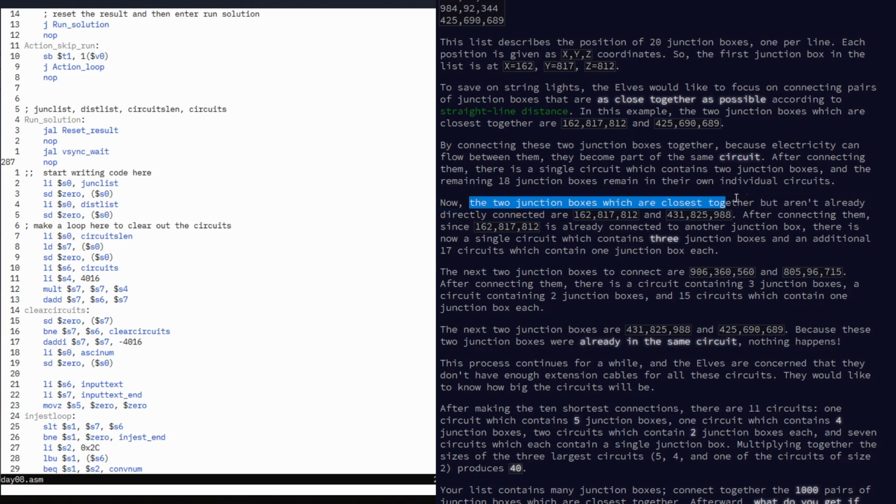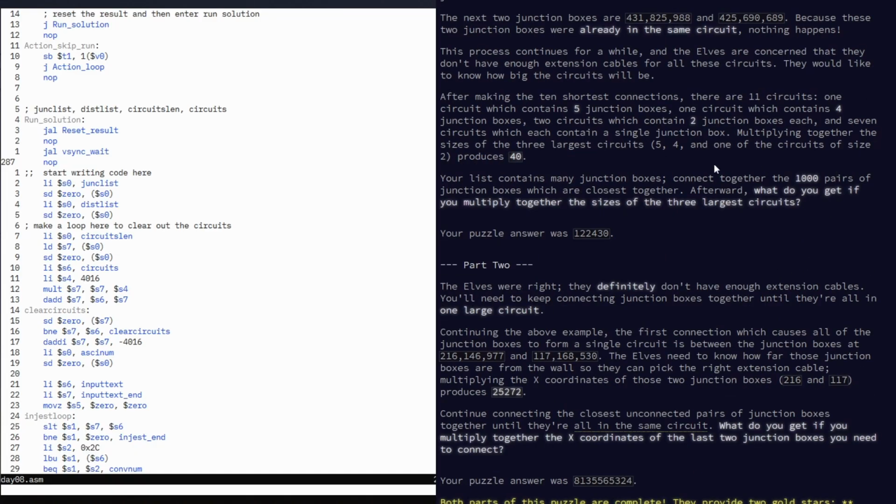is take the 2 junction boxes that are closest together but aren't already directly connected, and you connect them together. If it turns out that you end up connecting into an existing circuit, now you've got a circuit with 3 junction boxes. You keep doing that, and for part 1